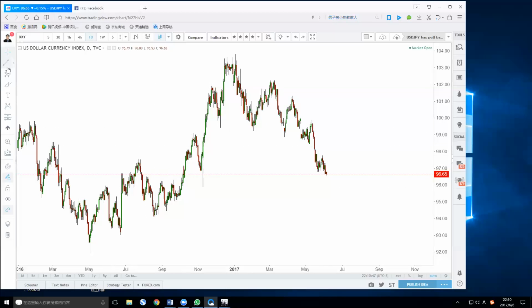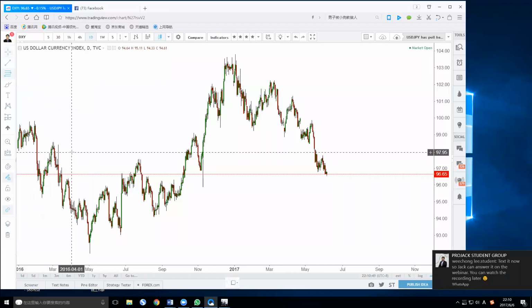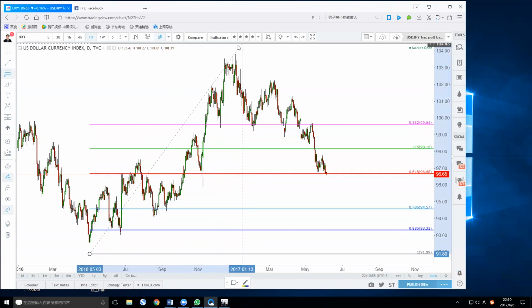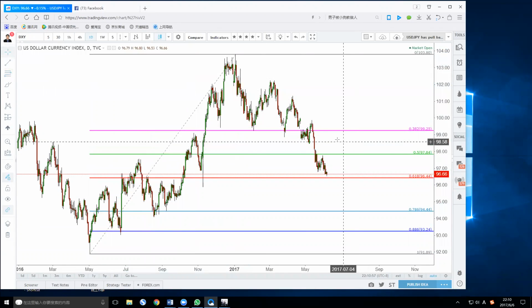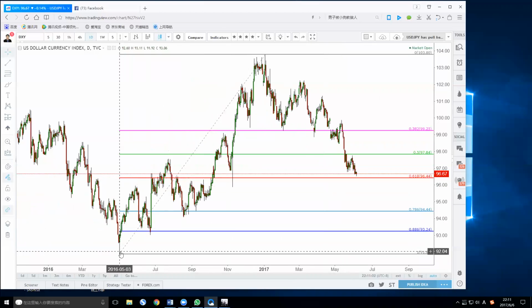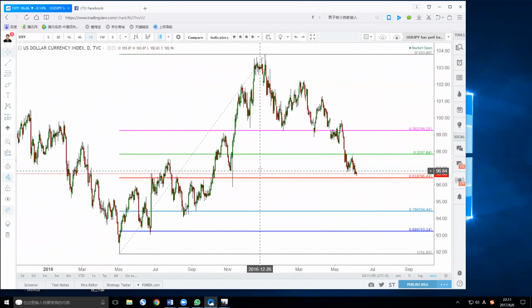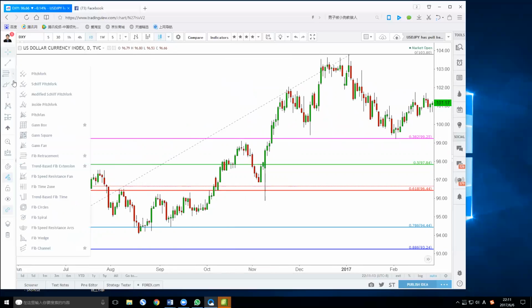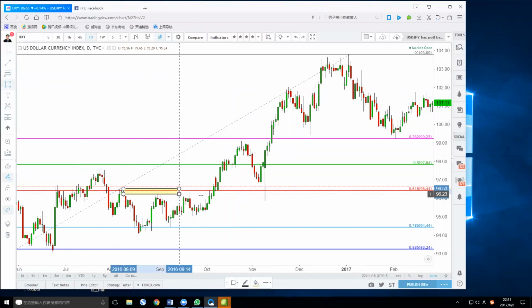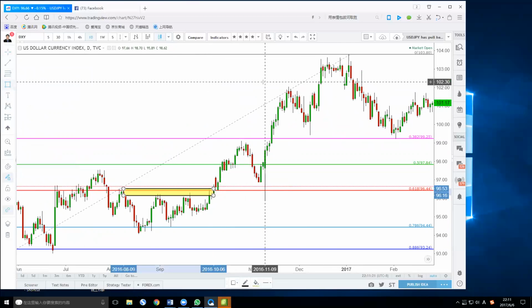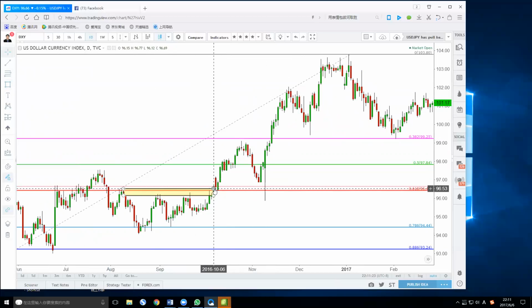95.90. But there is an important level for you guys to watch, which will be 96.44, this level. Look at this level, it's actually a 0.618 pullback, and previously these were bottoms or structures. You can see this potential neckline here. The price went up off this structural pullback and then all the way up. So this level actually does make some sense.